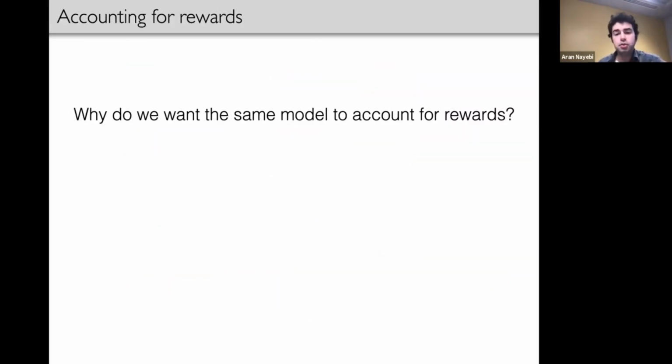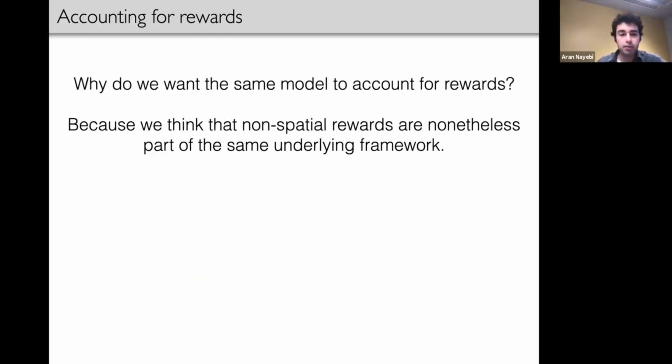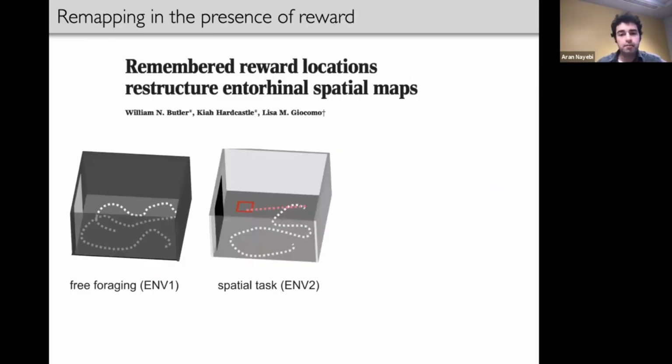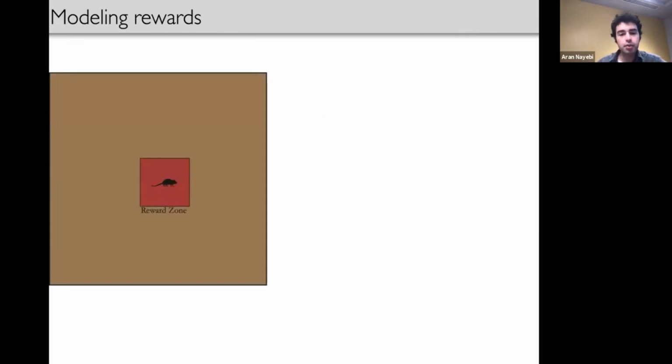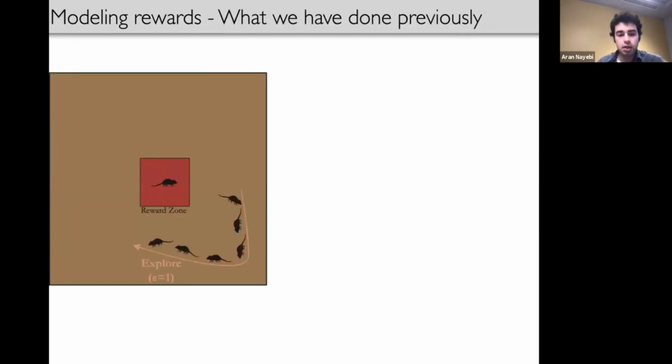So now we turn to accounting for rewards, as I mentioned earlier. We think that non-spatial rewards are actually part of the same underlying framework. And specifically, we want to capture the remapping that occurs between environments when a reward is present. The way we go about modeling this is that there's a reward zone in the center of the arena, and the agent can explore this initially, and this is what we did previously, just random walks in this environment.